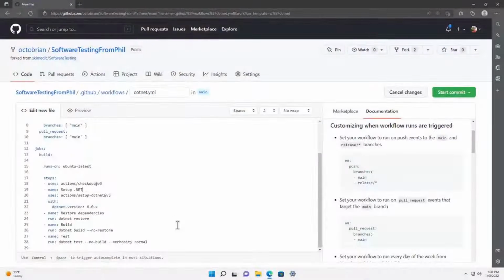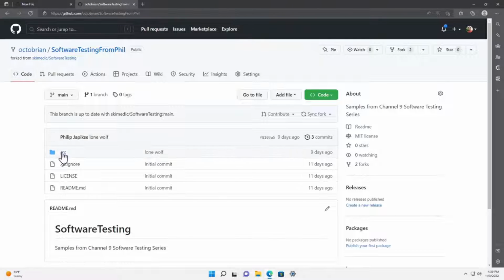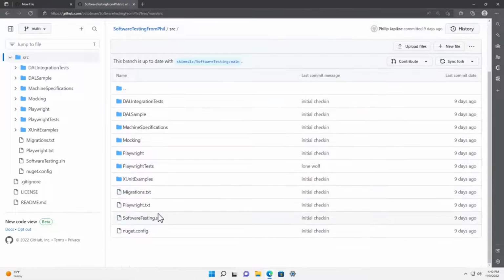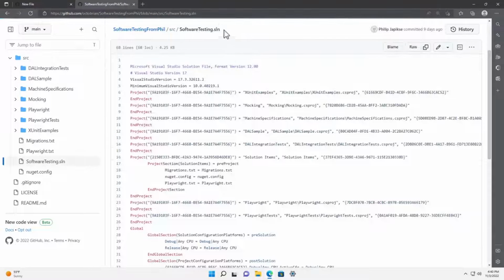If we go back to the code and look at things, it's just doing a .NET restore. So that's going to expect to find something it understands in the local directory. The bottom line is if we run this, and trust me, it'll fail, this will fail, and so will this, because contextually it doesn't know. They've made a guess to say, hey, maybe your code is all in the root. But we know from experience, and if we open up this tab and go look at the code setup here, we've got an SRC folder, and inside it is where your solution is. And so if we grab this path right here, we want to get that to .NET build.